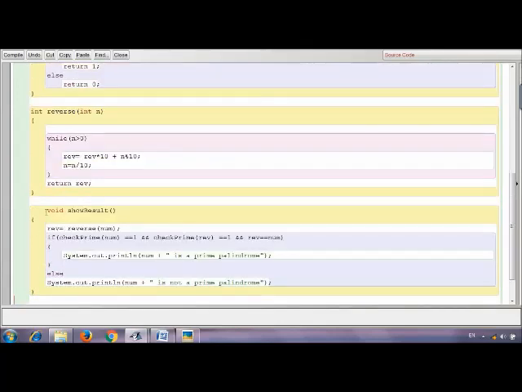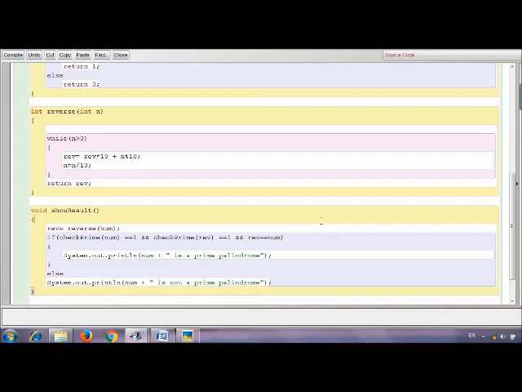Here you can see that the show result method is created for you. Inside the show result you can see that I'm calling the reverse function and also checking whether the number and its reverse are prime, and we are also checking that the reverse is equal to the original inputted number.